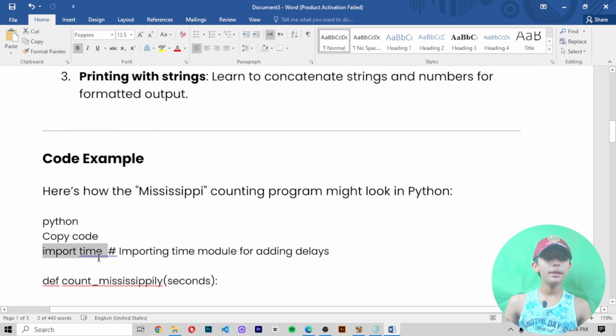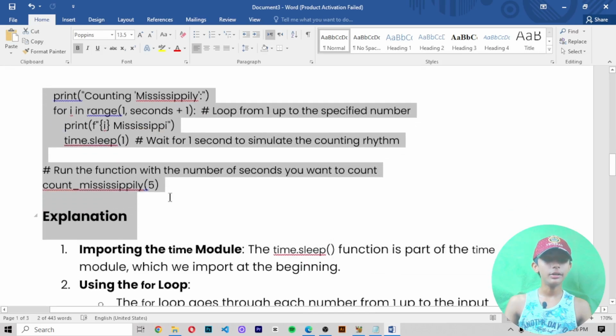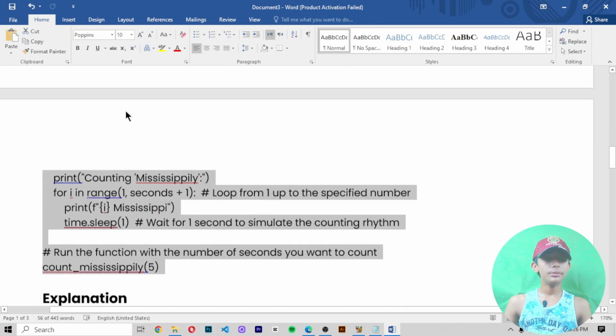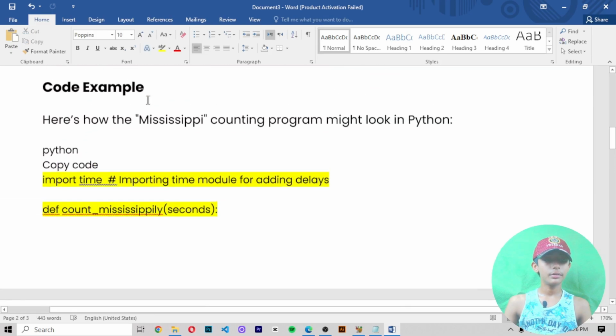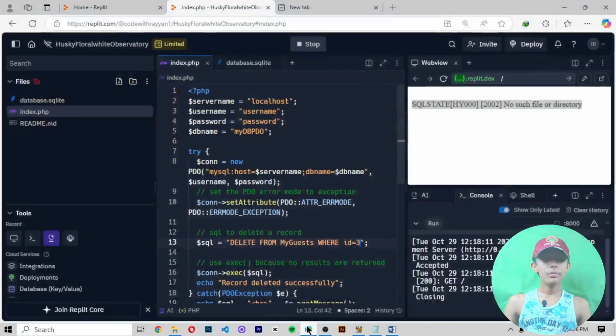Like this one code example. Here's how a Mississippi counting program might look in Python. Here you can see it. In Python it looks like that. This is the code, let me show you. Now let me go to my